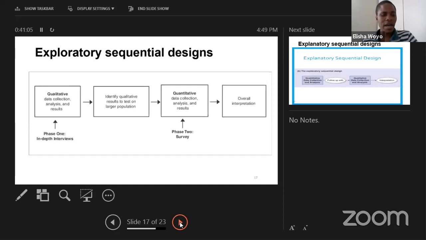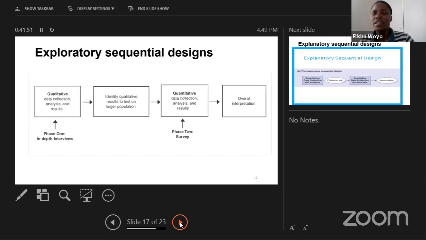Then the next one that we have here is what we call the exploratory sequential mixed design. So in this design, perhaps you would have argued that literature is very limited. So what you need to do here is to make sure that you first collect qualitative data. You collect it, you analyze it, you get the results. Then after getting the results, you need to identify qualitative results that you now need to test on a larger